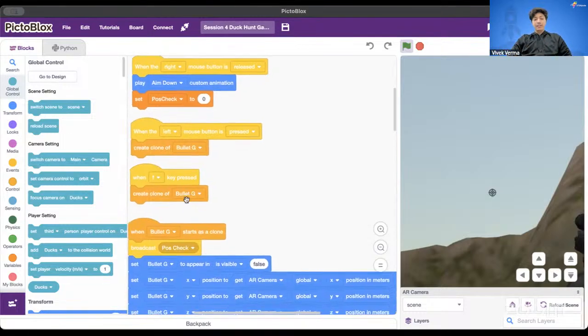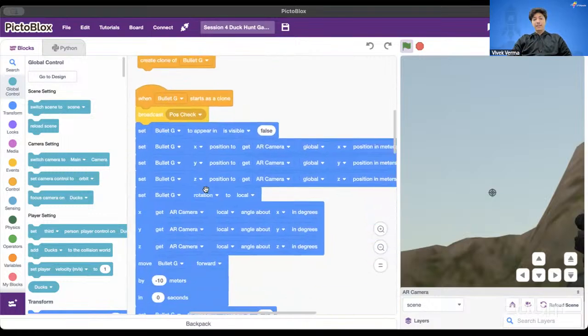Right. Then what I did when I press on left, it is creating a clone of bullet G, and the press on F, it is also creating a bullet G clone. So that means I can shoot by two ways, either by pressing left arrow or pressing the F key. Then once the bullet clone is created,